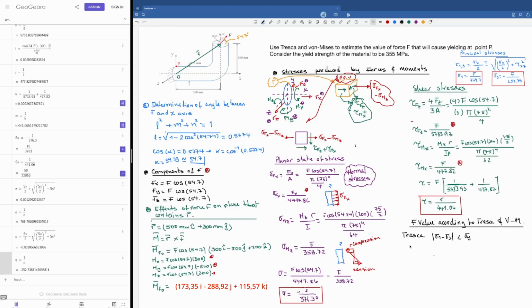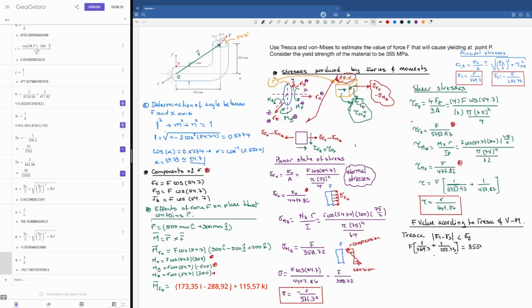So we said that sigma 1 is F1, and I can call it like this: 1 divided by 769.7 minus, but sigma 3 is negative, so this turns into positive, and this is going to be 1 divided by 252.73. This has to be equal, kind of when yielding occurs, to this value,